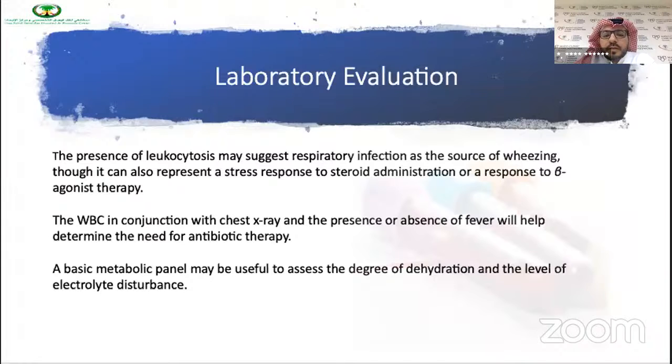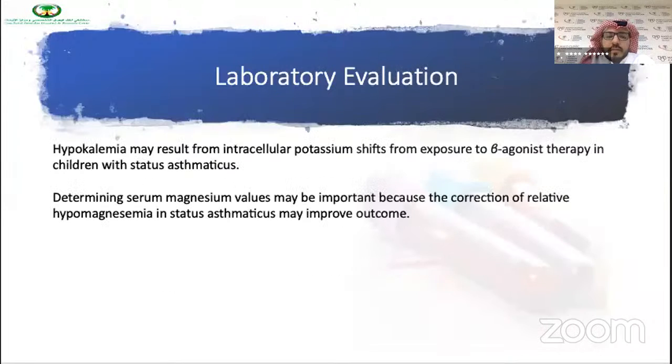Basic metabolic workup may be useful to assess the degree of dehydration and level of electrolyte disturbances. Hypokalemia might be a result of intracellular potassium shift from exposure to beta agonist therapy in children with status asthmaticus. Also, determining serum magnesium is important because the correction of relative hypomagnesemia in status asthmaticus may improve